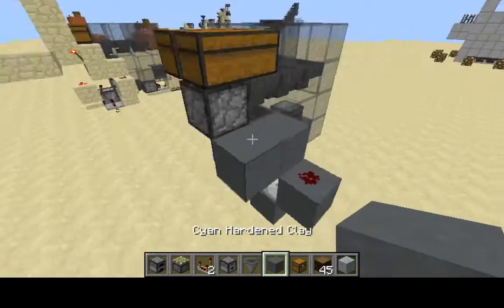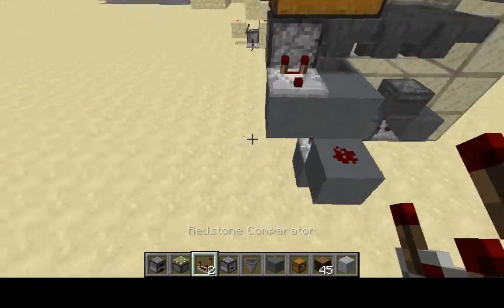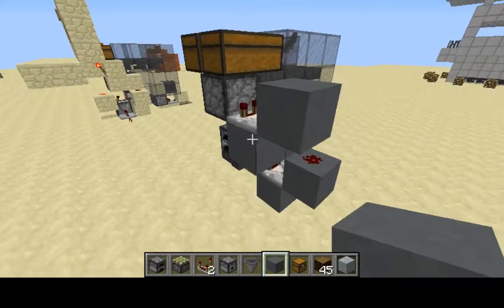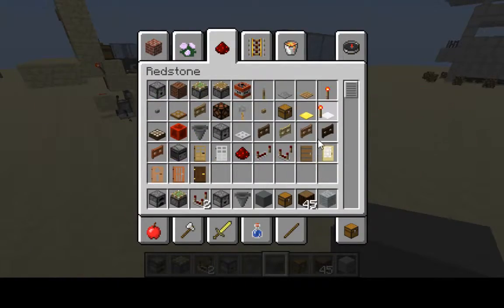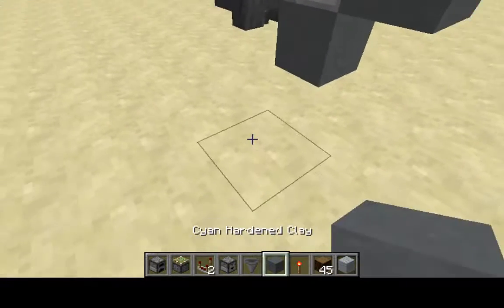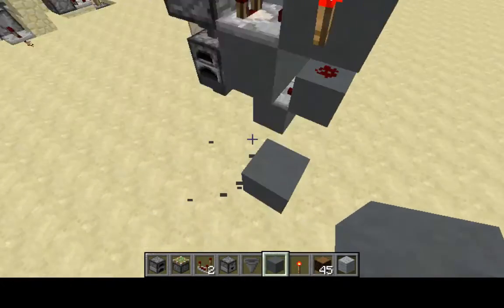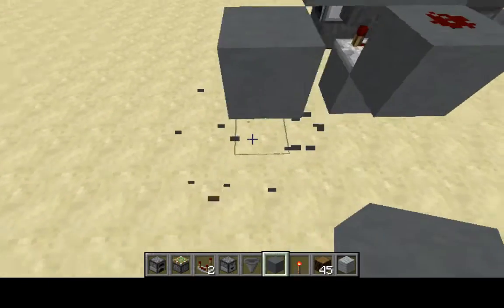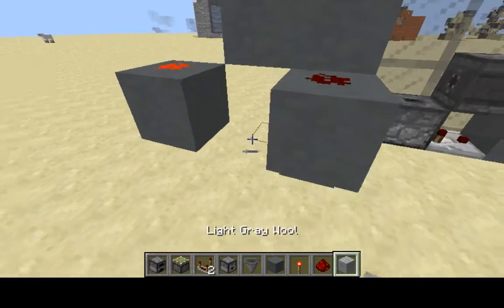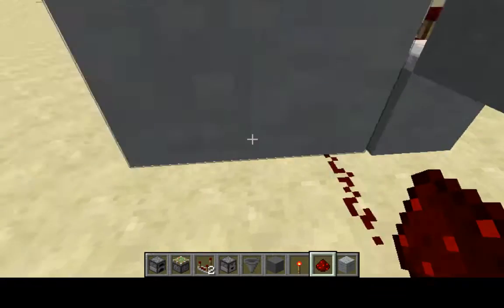Now what we're going to need to do is take a block off of here, because we want to take a comparator signal there. Block over and up like that. Gonna need a redstone torch, and we're gonna come right here, come up by 1, break that block. Gonna need a dust there, a redstone torch right there, a dust,